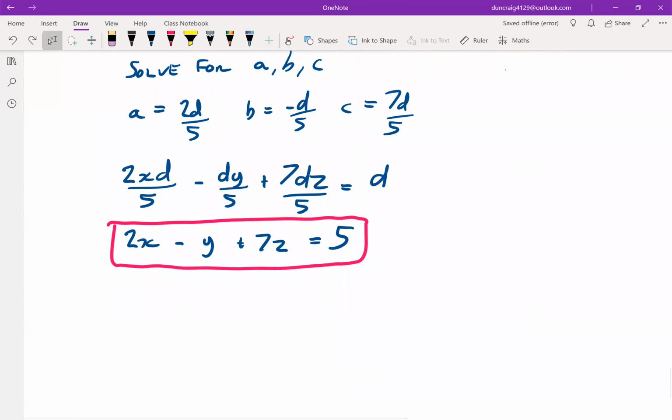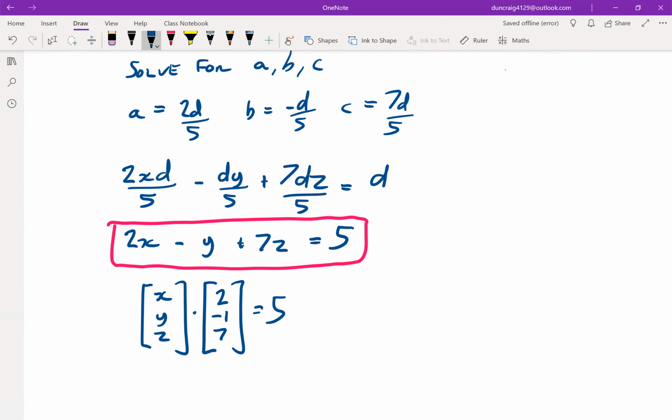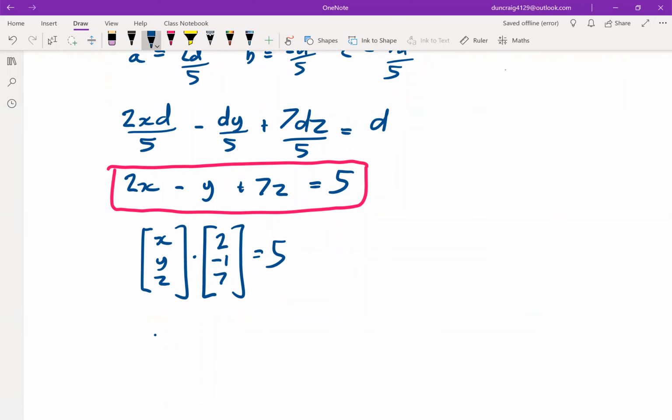If I did the dot product of my x, y, z by 2, -1, 7 is equal to 5, that would give me this equation which we've just got up here, because x times 2 is 2x, y times -1 is minus y, z times 7 is 7z, is equal to 5. So we can just go back to this form here. It's equal to 5, like so. Okay, so that's our third and final form there